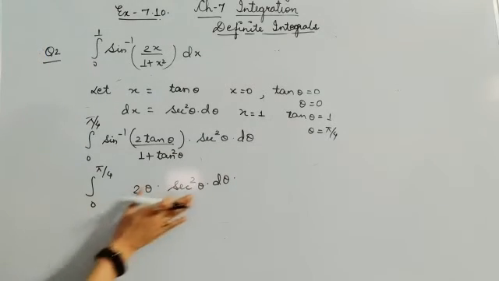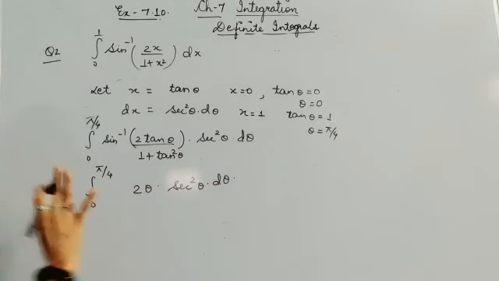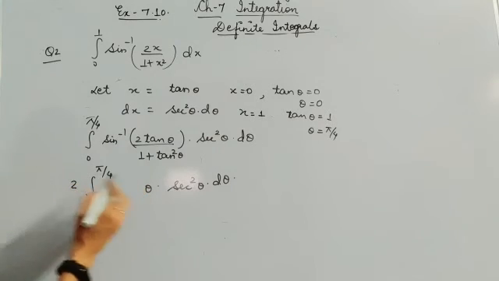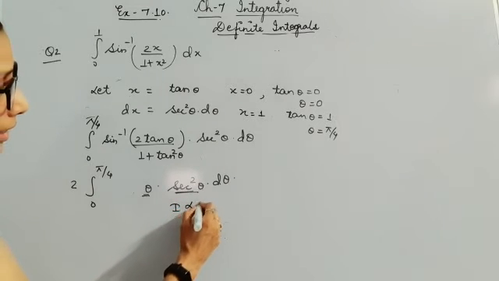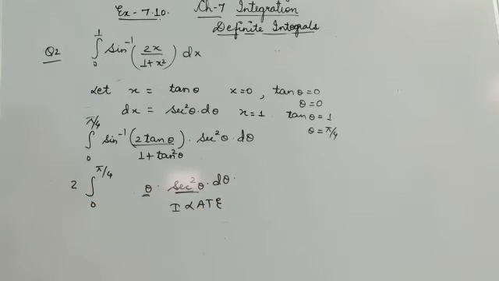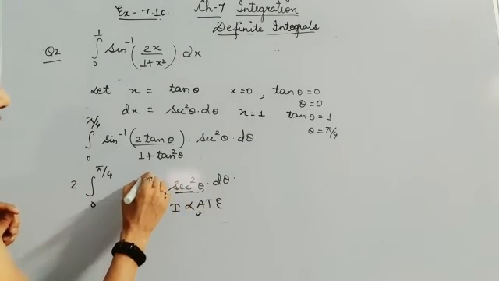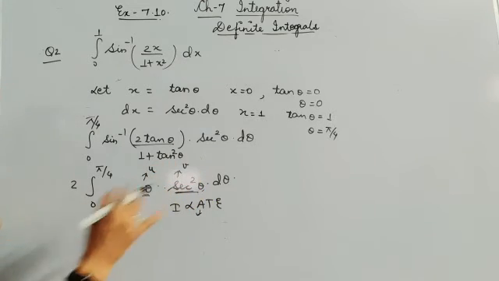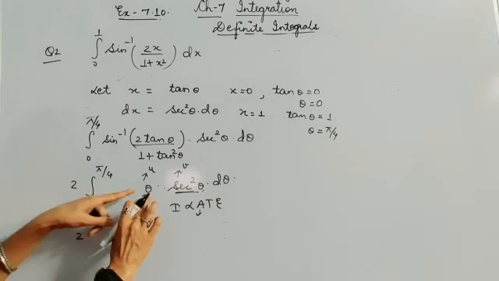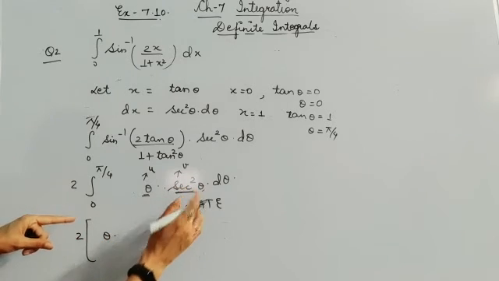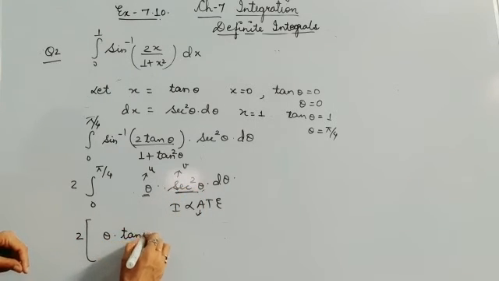Now see children, I have got my function in just one variable which I can solve. Here this 2 is a constant, so it can be written outside, and here I am again getting a product of two functions. So I will be using my word ILATE to choose which is my first function. Here theta is an algebraic function, and this is a trigonometric function. That means this will be your u and this will be your v. So apply the formula: first function as it is, integration of sec square theta, which will give me just tan theta,